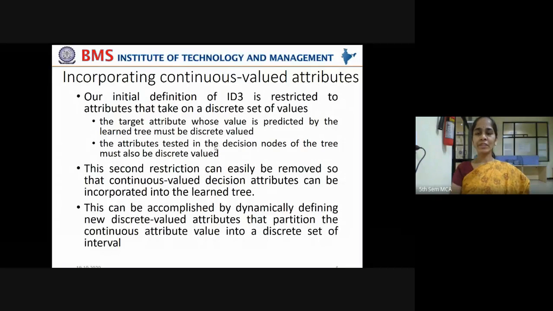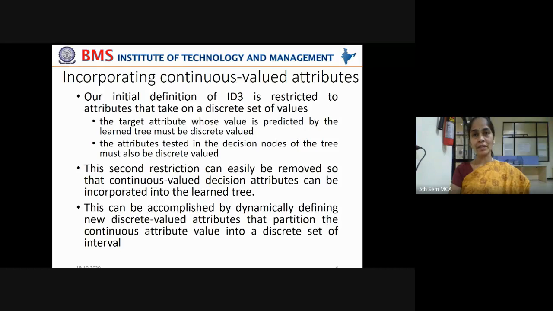Now, let's proceed with the other issues in decision tree learning. The next issue coming up is incorporating continuous valued attributes. How to incorporate continuous valued attributes? See, normally a decision tree is meant to work with discrete valued attributes, right? Discrete valued attributes means yes or no. There is a categorization between the labels, right? Yes or no, true or false,